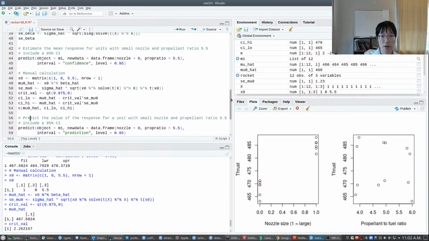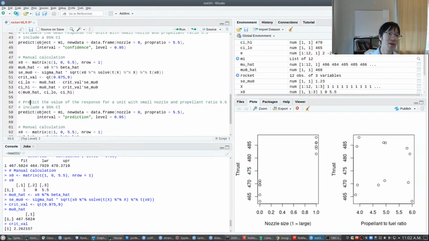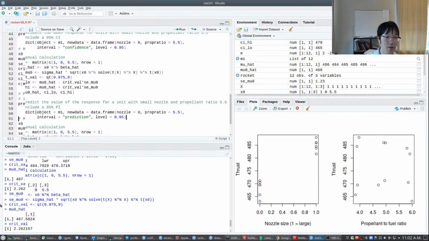The way it's done in R is essentially the same command. So predict, everything is the same except we're now asking for a prediction interval rather than a confidence interval. We replace the interval argument with prediction. Everything else is the same. And in my comment here, this is a typo. I'm going to change that to prediction interval because we're doing prediction for an individual unit. So we do that output,